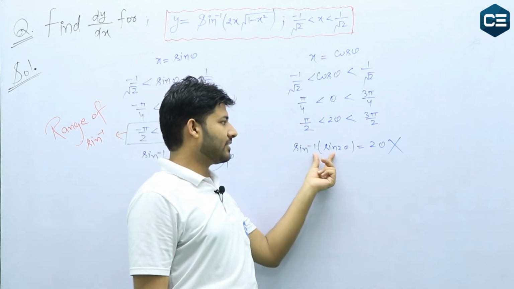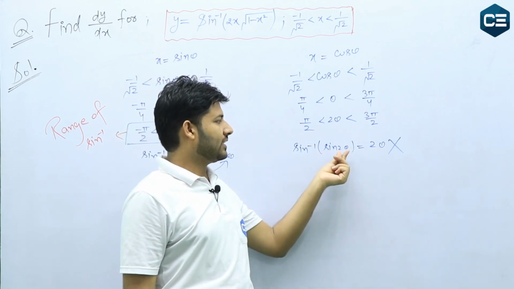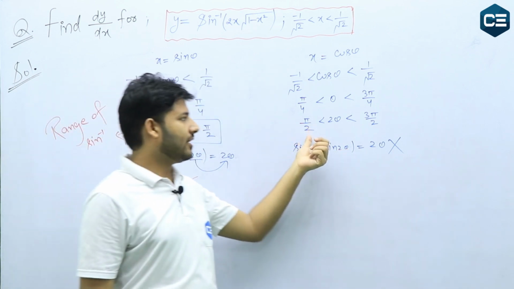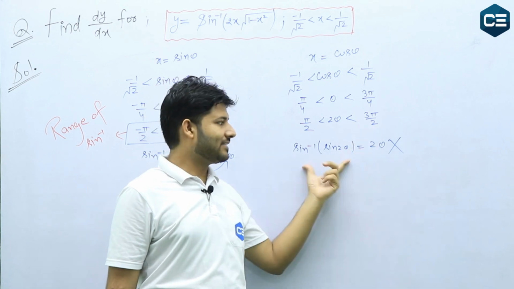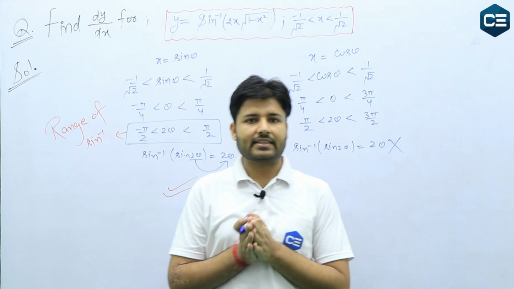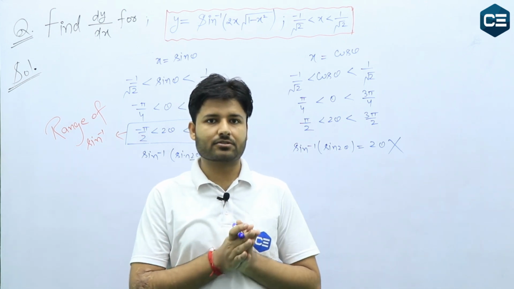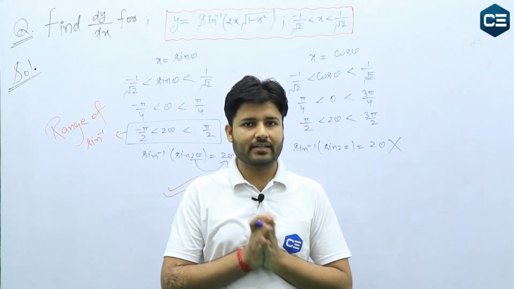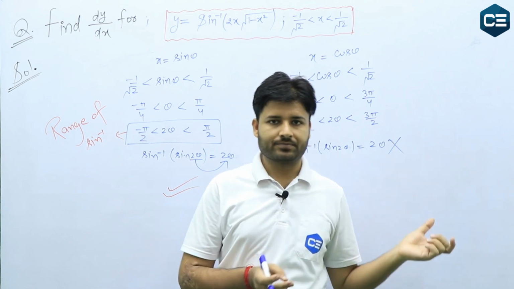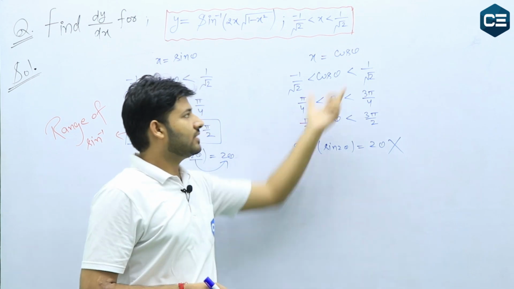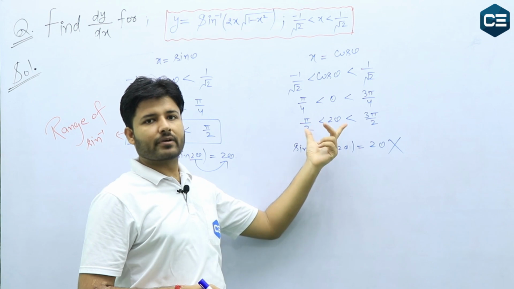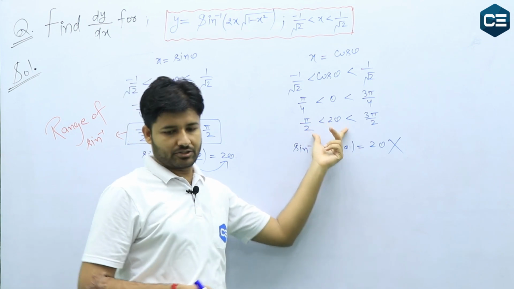We cannot write this equal to 2 theta because this 2 theta is not in the range of the sine inverse function. It is from pi by 2 to 3 pi by 2. That is why this is wrong. So our first answer, which we got on putting x equal to sine theta, that was dy by dx equals 2 over root of 1 minus x square. That was right, and the negative part, the second one, was wrong. You can get the correct answer from this, but you need to put 2 theta in the proper range. And how can you do that? I'll teach you.